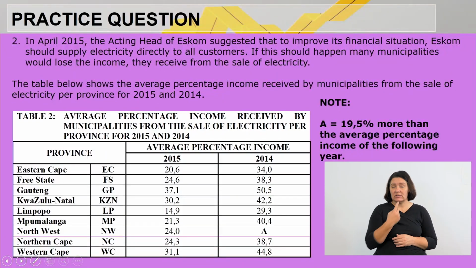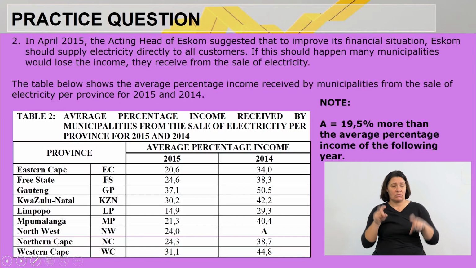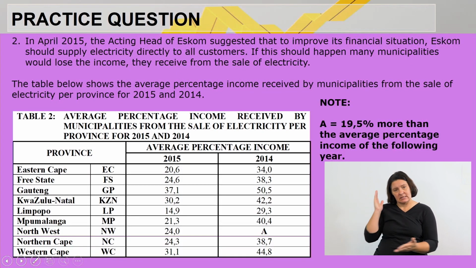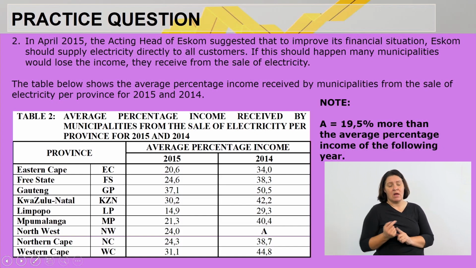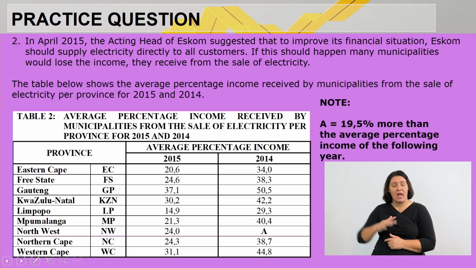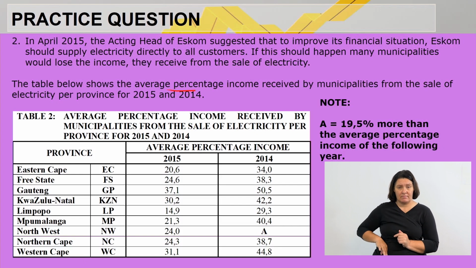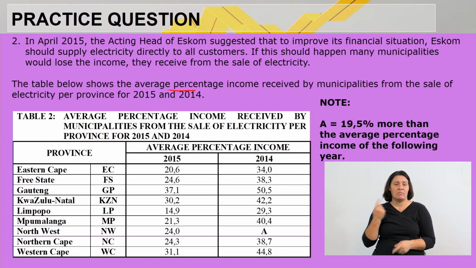All right, let's look at another sum. Question 2 is saying the following. In April 2015, the acting head of Eskom suggested that to improve its financial situation, Eskom should supply electricity directly to all customers. If this should happen, many municipalities would lose the income they receive from the sale of electricity. The table below shows the average percentage of income received by municipalities from the sale of electricity per province for